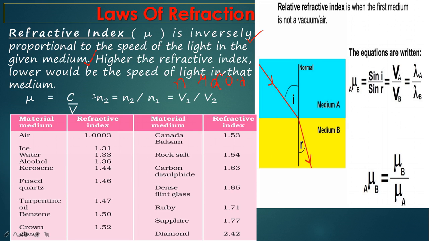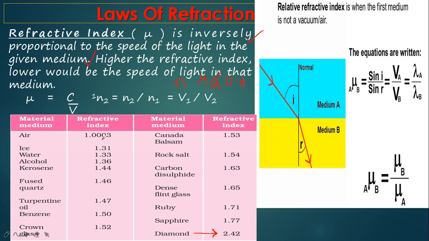So I think you will be able to understand that if the refractive index of a medium is high, then the speed of light in that given medium will be less. So you can see the highest refractive index is of diamond. We cannot see the light in diamond, we can see the refraction of the light in diamond, and that is why diamonds are so refractive, and that is why they shine even in very small amount of light. So the refractive index of diamond is very high, so the speed of light in diamond will be the least, right?